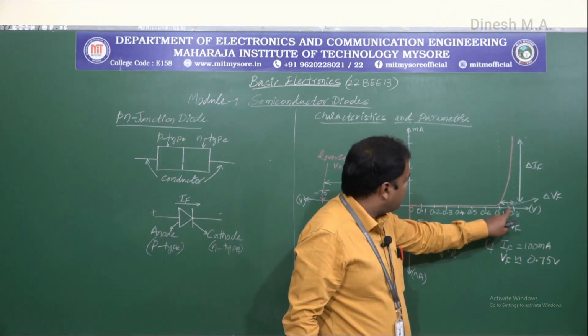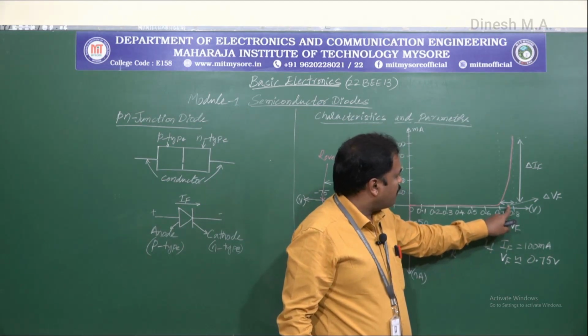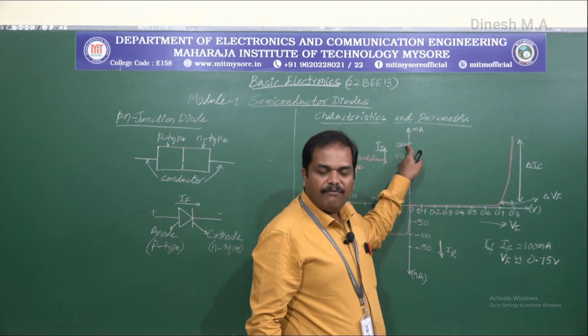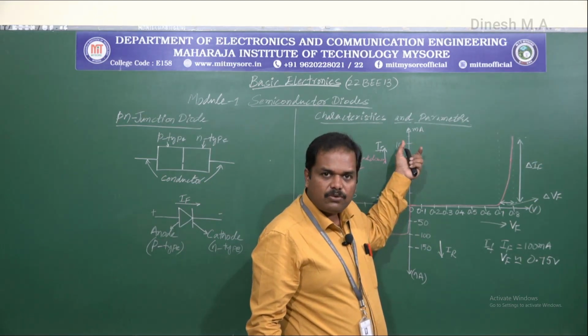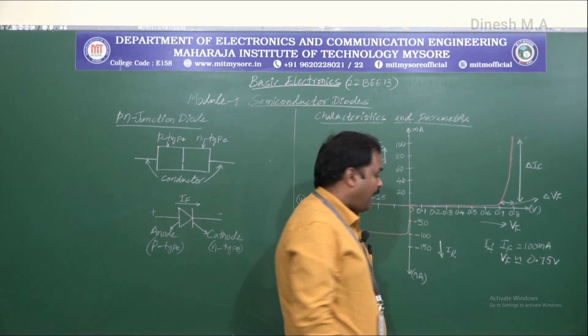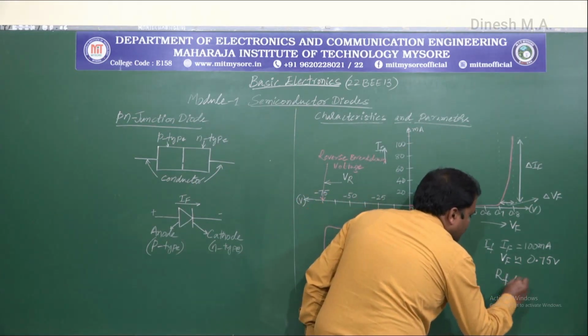So here we can see that at VF approximately 0.75 volts, the forward current is 100 milliamperes. Now if we consider these two values as an example and use Ohm's law to find out the resistance RF,